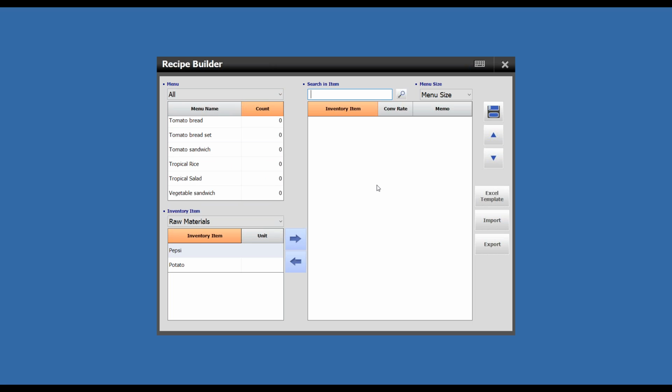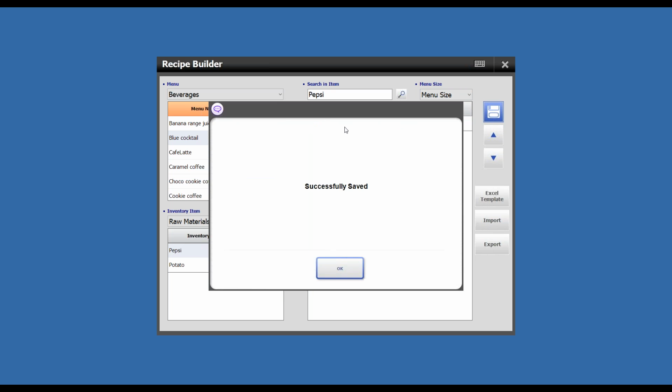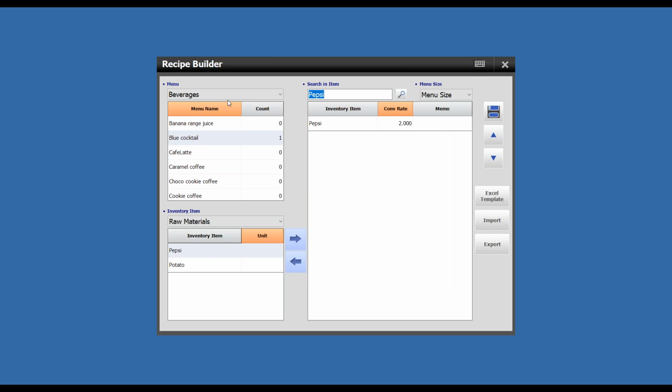The answer for your question, John, is no. For example, if we search for potato, we have it in the menu now. What about Pepsi? Yes, we can do it. For Pepsi, it contains 0.25 potato. Let's save. Now, for example, in beverage blue cocktail, we will add Pepsi, let's make it 2. Now 1 Pepsi